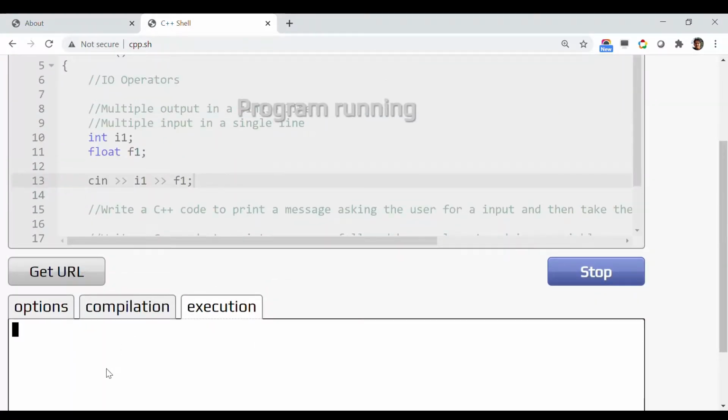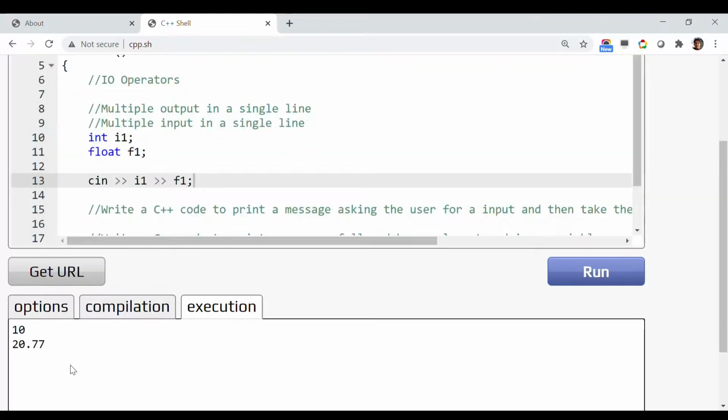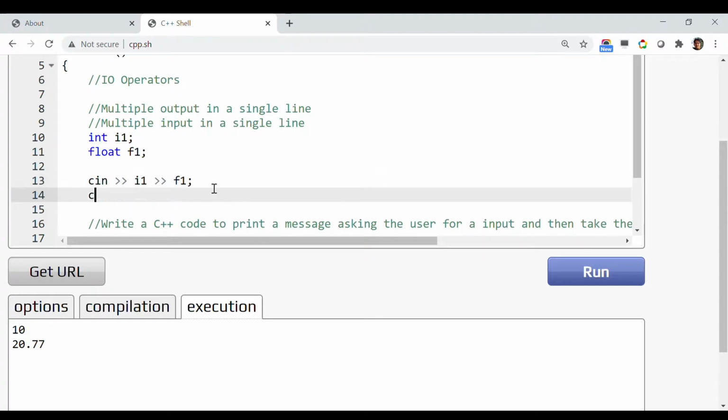So the program is running, waiting for the first input, that is 10. Hit enter. It is still waiting because it is waiting on the second F1 input. Although they are in the same line, the program is still waiting. So that is it. And now if I just want to check whether the values are stored properly or not, just print their value. Cout I1